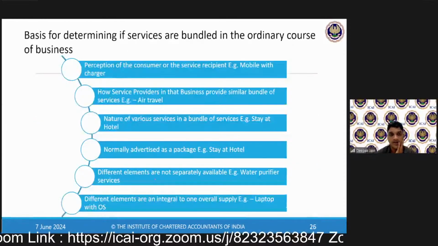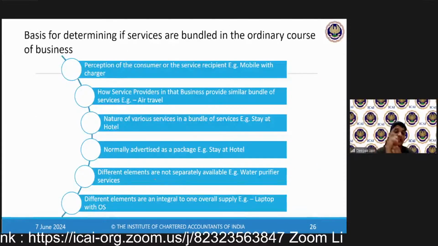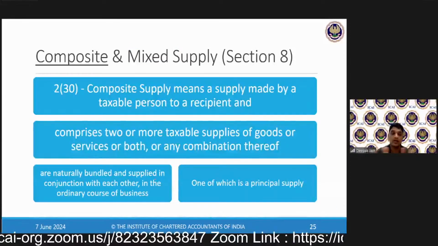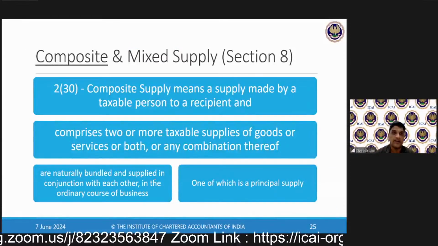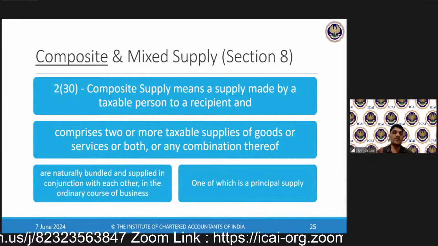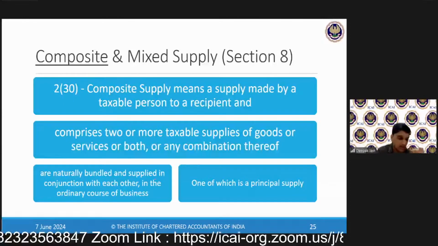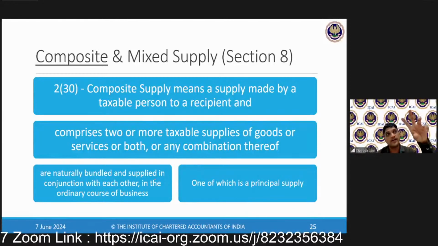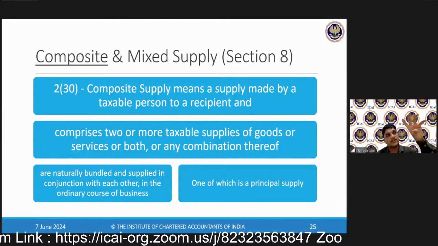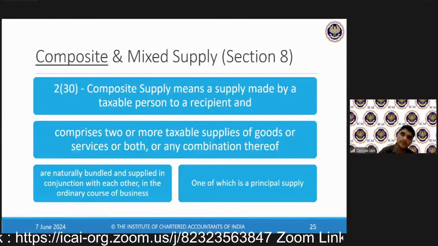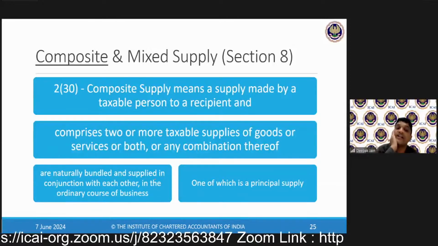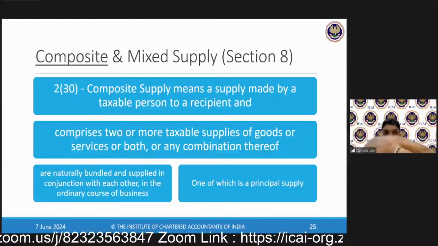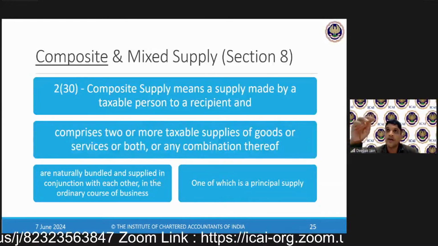We understood this. What is the basis for determining? Because we have two things. One is composite, and a corollary of that is a mixed supply. The opposite of composite is a mixed supply. So we have to understand whether it is a composite supply or a mixed supply. Because if it is a composite supply, the air conditioner is chargeable, say, at 12%, and installation is chargeable at 18%. Now, in case it's a composite supply, where I've confirmed from the definition that it's a composite supply, then